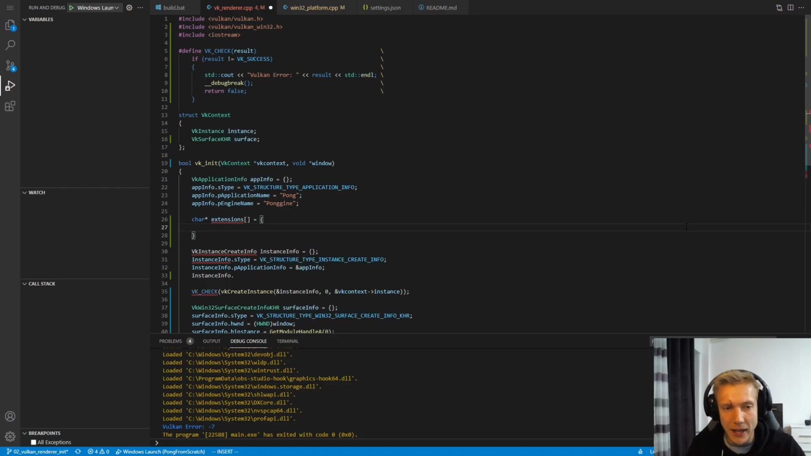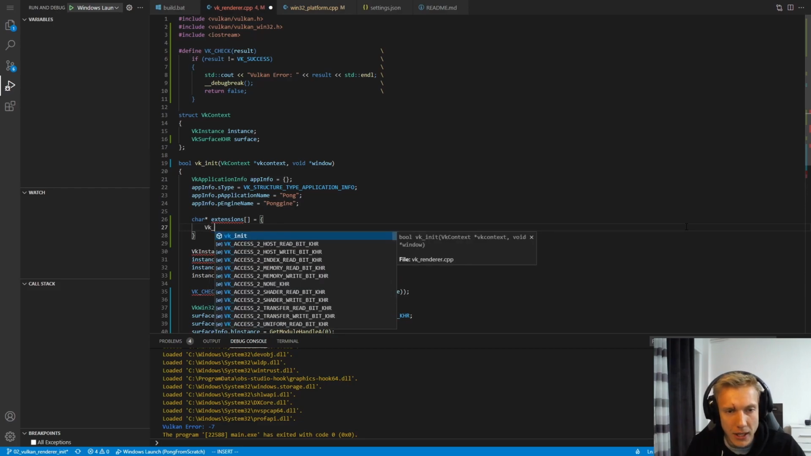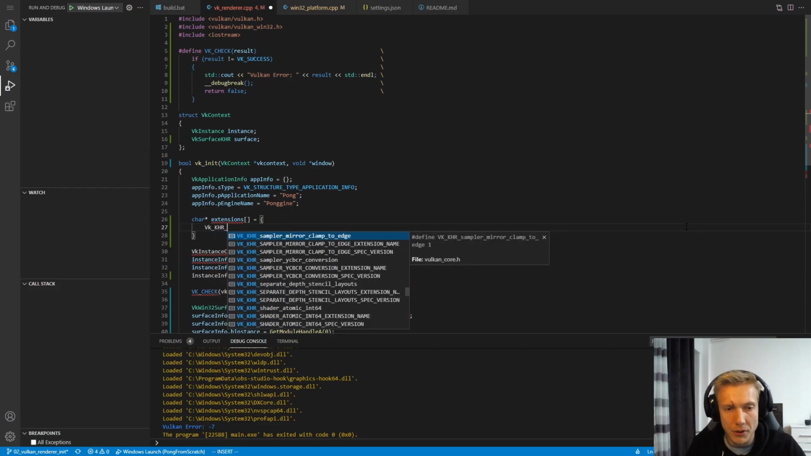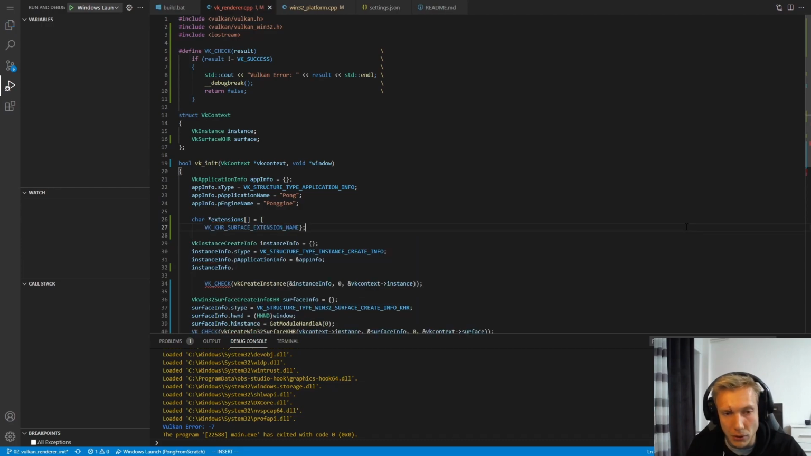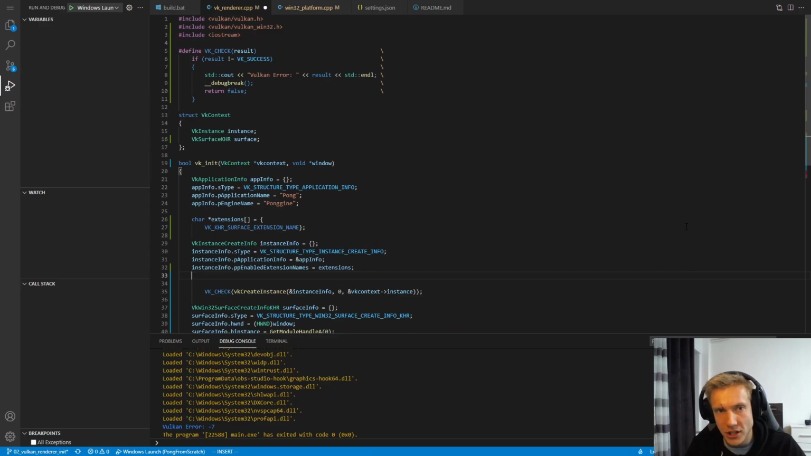A char pointer to an extensions array. And luckily we have a macro for the extension name. These are char pointers. But what we can do is the extension is called VK_KHR_SURFACE_EXTENSION_NAME. And then boom, close that with a semicolon. The info's pp enabled extension names is then extensions, and the extension count, we could leave at 1, but